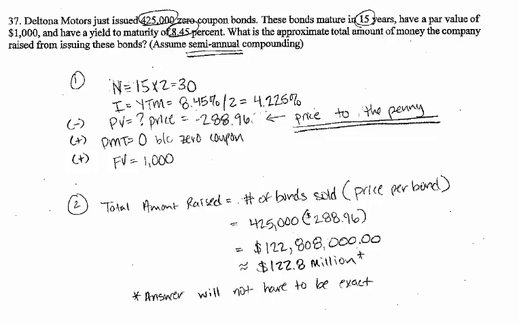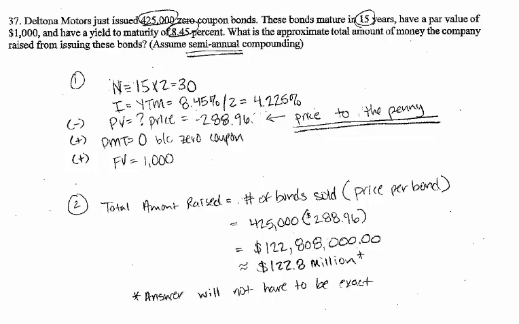I is your yield to maturity. They told you it's 8.45%. Now, since you're dealing with a semi-annual bond, you're going to divide, not multiply, but divide by 2, right? Get 4.225%, put that in your calculator. Skip over price, your payment is obviously 0. Your future value, obviously 1,000, right? So you compute price, and you're going to get a very deep discount here of